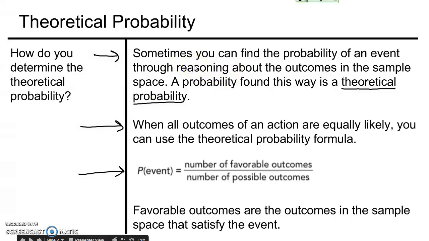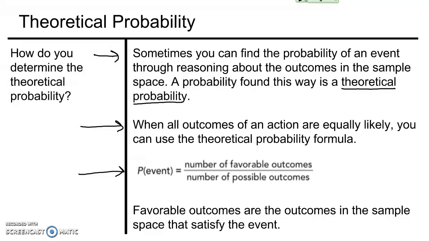Before we did the little activity where we flipped the coins, we thought about what would we expect the probability be of flipping a heads, and we said 1 out of 2 because there's one side that is heads out of 2 possible sides. That was finding the theoretical probability. Okay, the experimental probability was when we actually did the experiment of flipping the coin however many times and writing